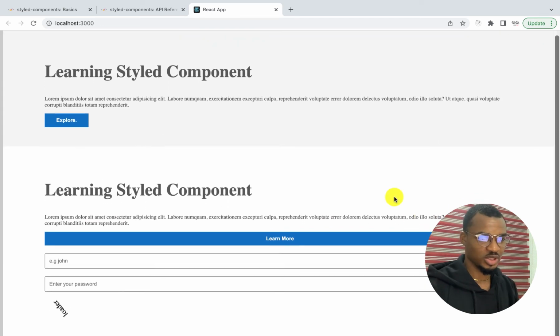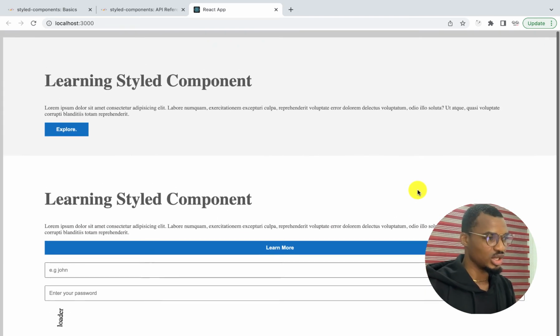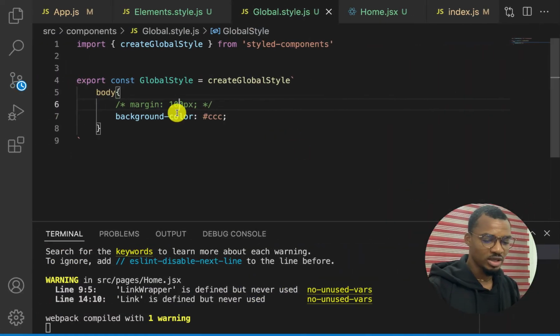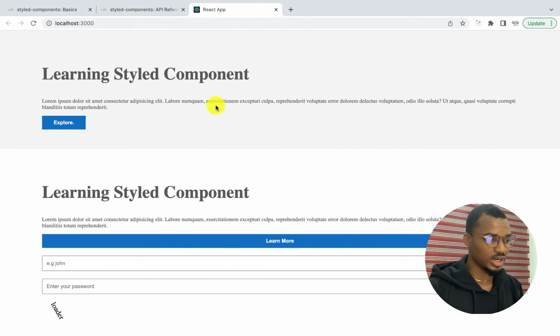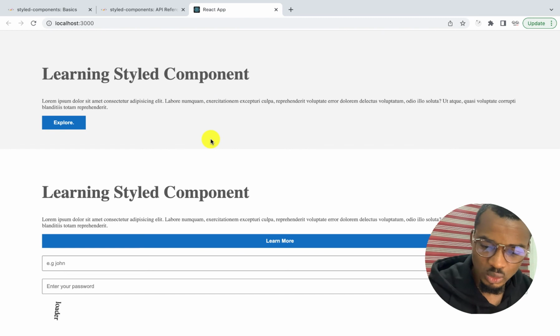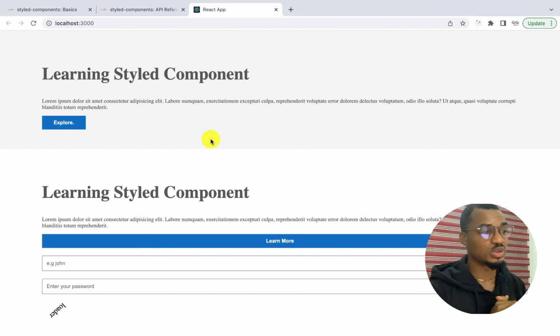So that is why, because this particular stuff has a background color of white, you'll not be able to see the background color. But I don't want to attach that, so let's just leave this. Everything is actually working perfectly. There is no error anywhere. So it's working fine. So the next thing that we want to do, since we've treated global styles,